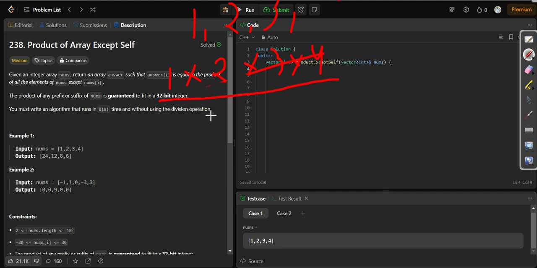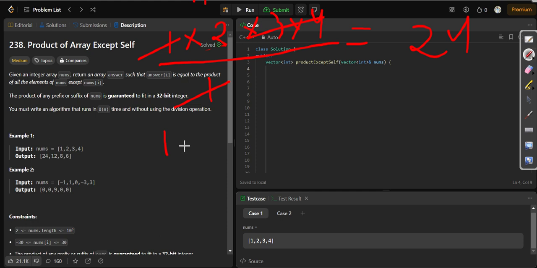For the ith value of the answer, we will divide the whole multiplied value by nums[i]. For i equal to 0, the value will be 1, so 1 will cancel 1, and the answer will be 24.